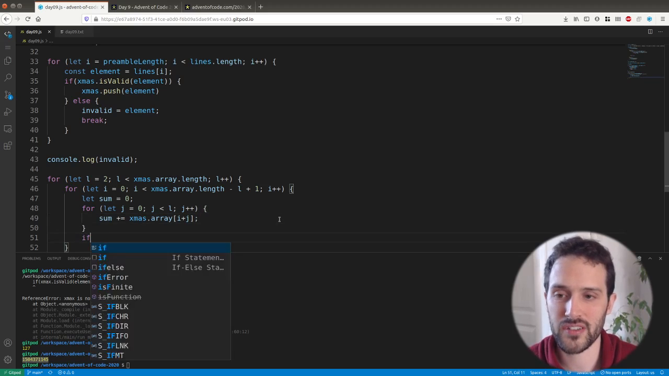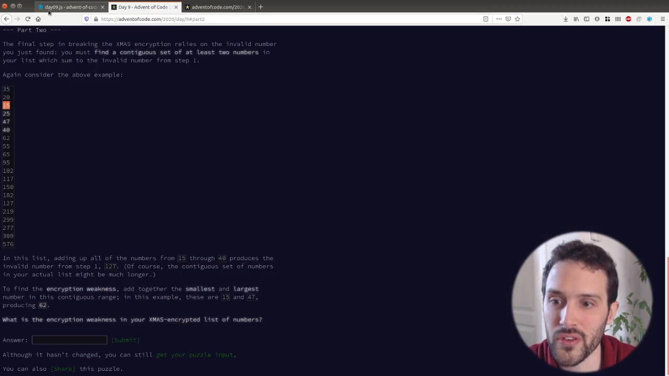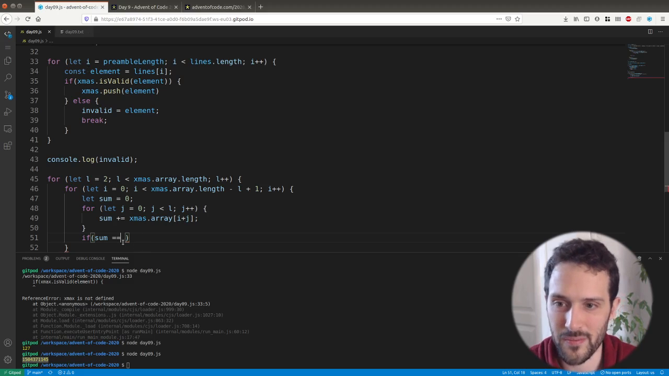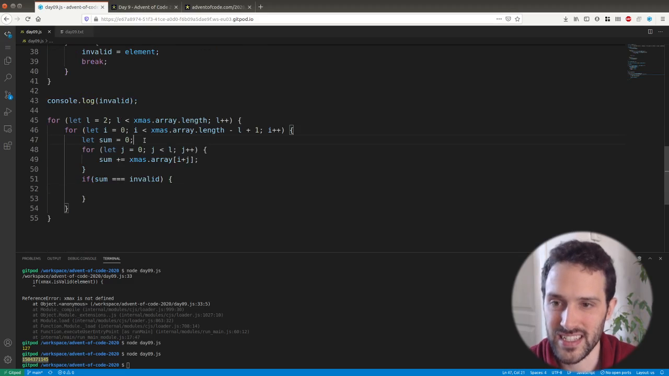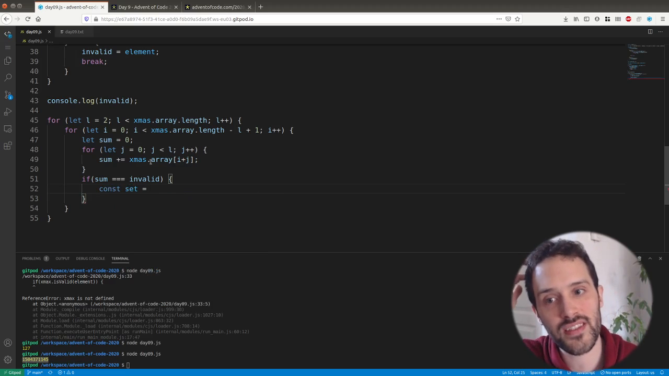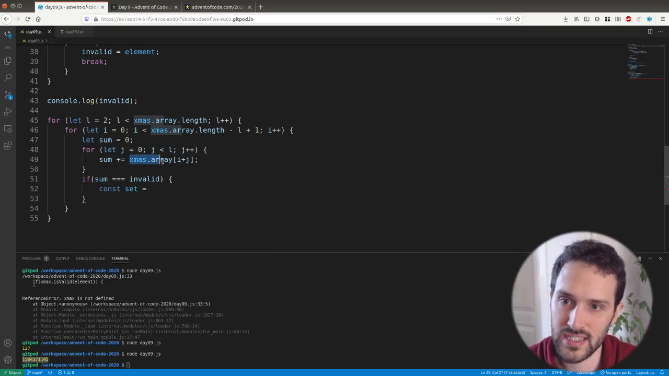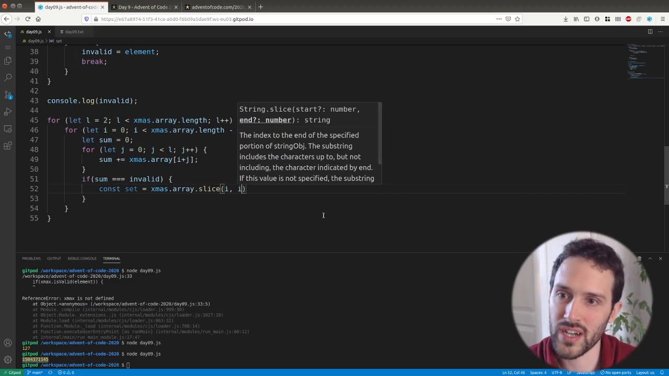This is the sum, and here we're just going to check if the sum is equal to, I forgot what is in the prime statement. It needs to be equal to the invalid number from step 1, from part 1. So if this is equal to invalid, in that case we can stop everything and sum the smallest and largest number in this contiguous set. So here const set is equal to, so here we're going to extract the set from this array, and this is going to be, we slice from I to I plus L,